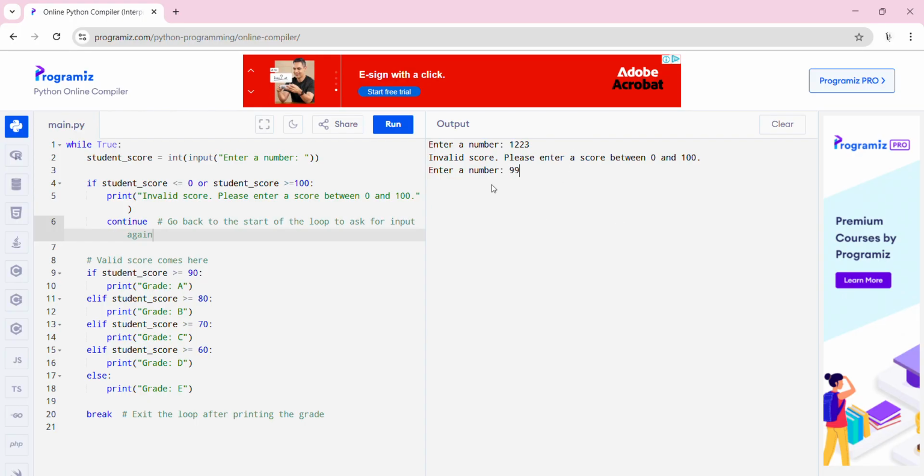Some score is 99. It can give grade A. Why? Because score is less than 100. That's why it can give